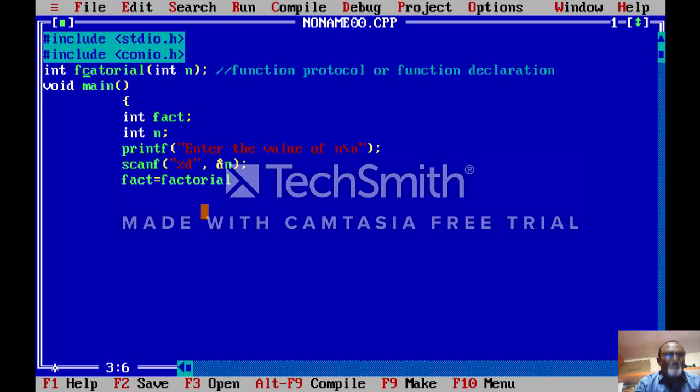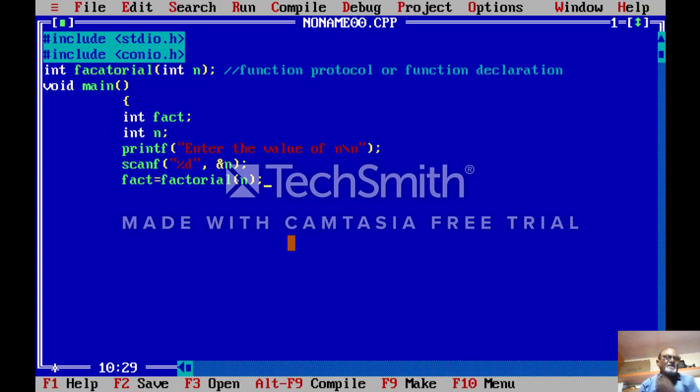So make the correction here: factorial, and the argument of this is n. That means you are going to send the value of n to the user defined function factorial. After returning the value of this factorial to the main function, print here the value of factorial.